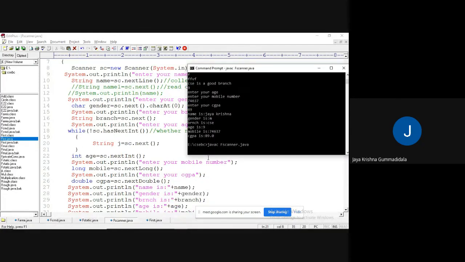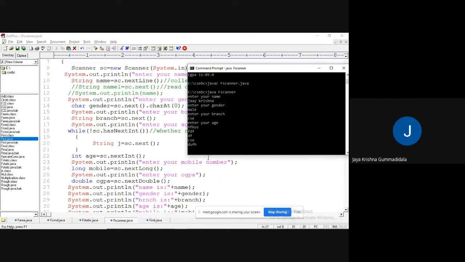Compile, run. Enter your name, Krishna. Gender male, branch CSC. Enter your age. Now if the user has entered some string by mistake, some CSC, it won't provide any error.